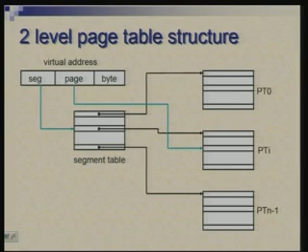So, coming back to the organization of the 2 level page table, you have basically the entire virtual space divided into segments. For example, suppose you have 1,000,000 pages, then you can think of it as 1000 segments, each segment containing 1000 pages. Then for each segment you could have a much smaller page table which will have information about those 1000 pages.